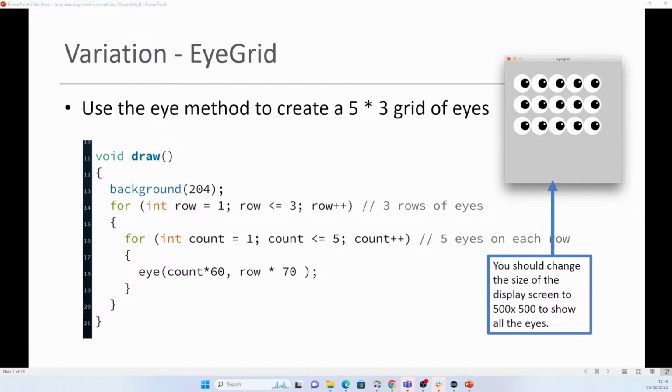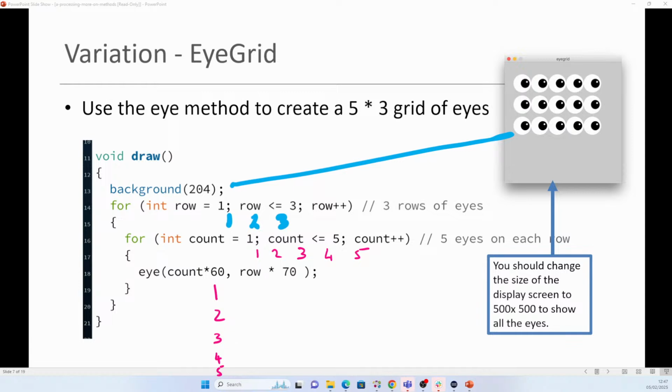When you're looking there, you have your background, which will just give you the grey, and then you have your int row, and the row starts at 1 and keeps going, so you're going to get 1, 2, and 3, and here you're going to get 1, 2, 3, 4, and 5. Now remember the way this goes. It's going to go 1, 2, 3, 4, 5,